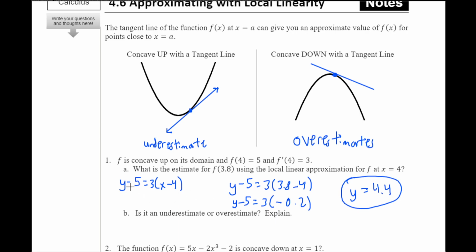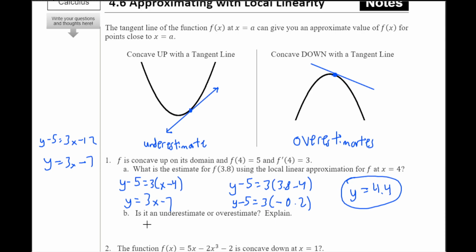Alternatively, it might be easier if you just rewrite this function. If you do y minus 5 is equal to 3x minus 12, and just do y is equal to 3x, add 5 on both sides, minus 7. This could be easier because you can just plug in 3.8 here. 3 times 3.8 minus 7, you get 4.4. So that's the estimate for f of 3.8 using the local linear approximation for f at x equal to